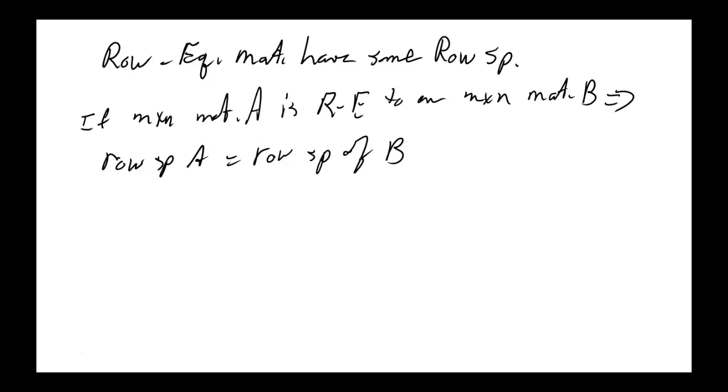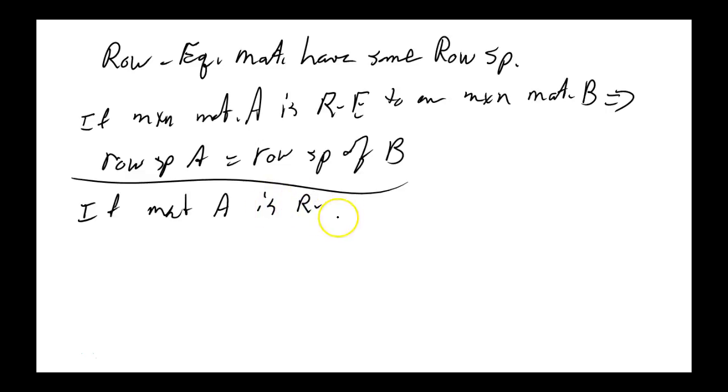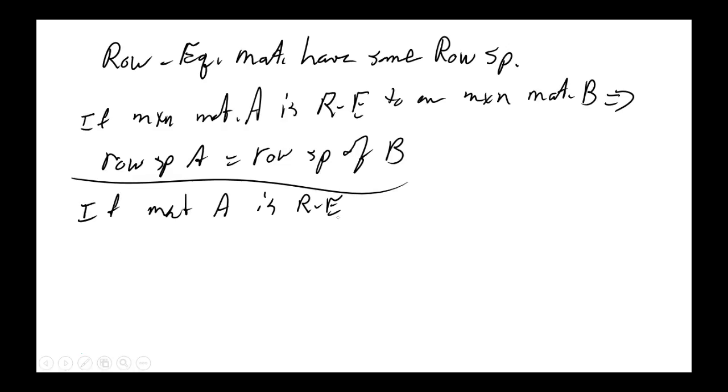I think we can do this one. If a matrix A is row equivalent to a matrix B in row echelon form,